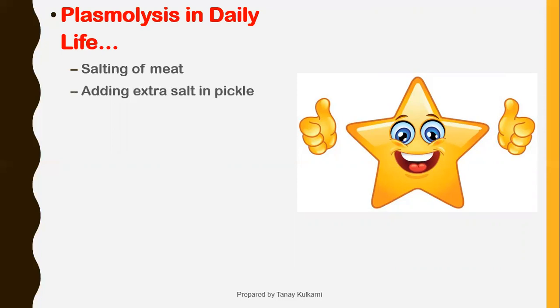Adding extra salt in pickle is again a method of killing the bacteria by plasmolysis, because that extra salt is present in the pickle, and when bacteria start attacking or growing on that pickle, it will draw the water from the bacterial cell. Even farmers sprinkle salt to kill the weeds, because the salt sprinkled around the bases of the weeds will draw the water from the root cells,